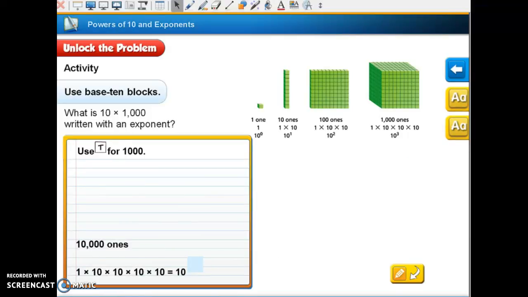Okay, now we're going to look at the little blue box you have over to the side. It says use T for 1,000. We want to get to 10,000. So if T in the box represents 1,000, how many of these little boxes should you be drawing in here? 10. So are you drawing them? You should be drawing them over to the side in one long column. I'm not sure I'm going to get mine in one long column, but